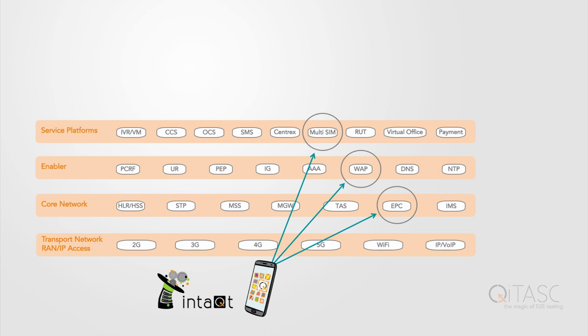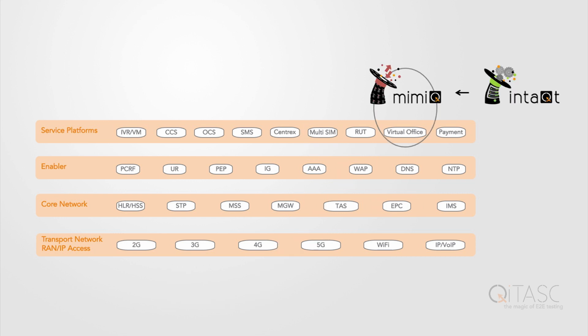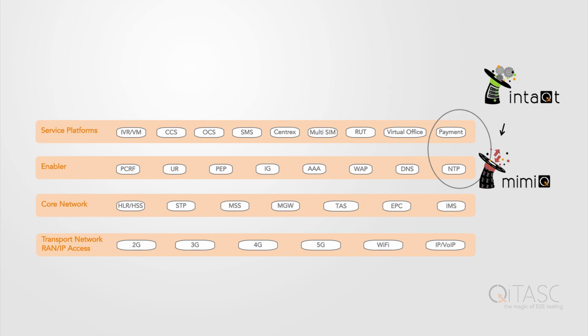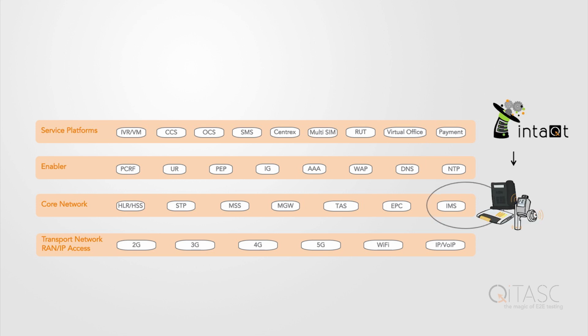And once we have this, we can go to more complex environments where we are testing the service platforms, for instance, in virtual office. And we can add some provisioning and load and stress test activities, or we check some payment services where we are doing some real-time transactions, or we can verify if CPEs are working correctly, connect the CPE to a test infrastructure or IoT devices to the test infrastructure, trigger these CPEs and see the responses, what is happening on the CPEs.